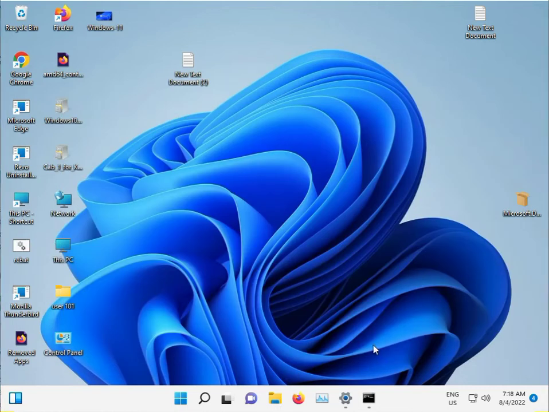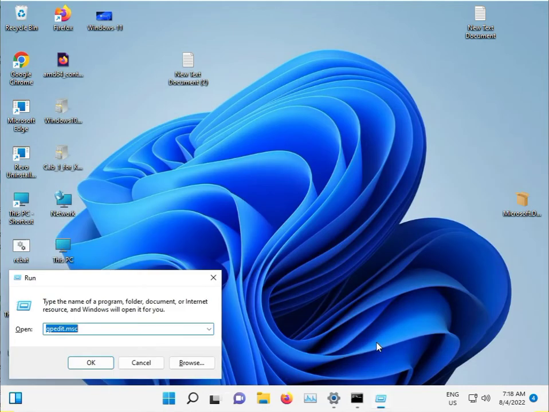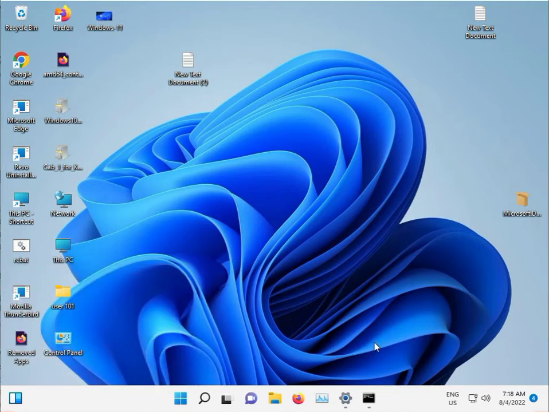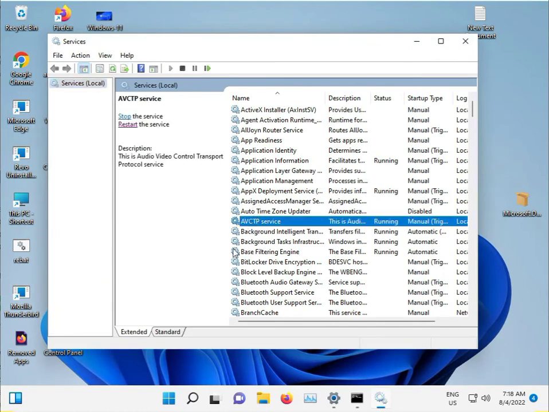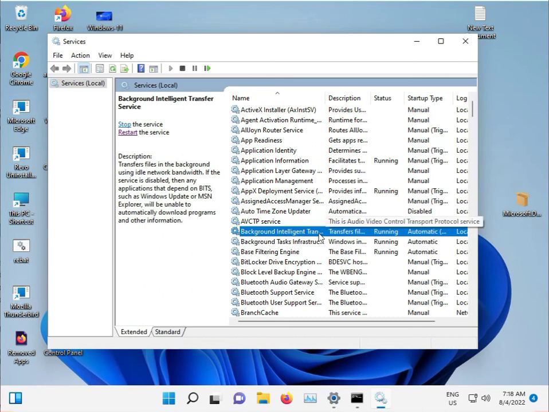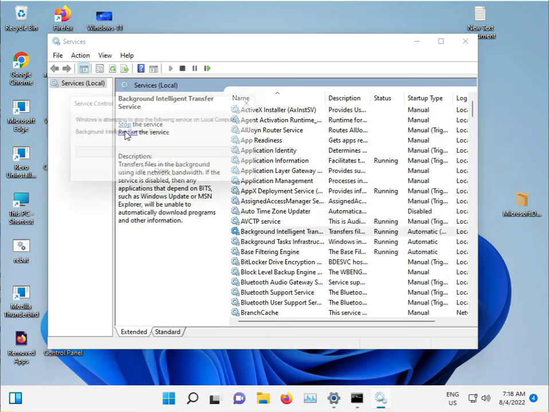And guys, open Windows services: type services.msc, and then enter. So find Background Intelligent Transfer Service, select it, and just choose restart,